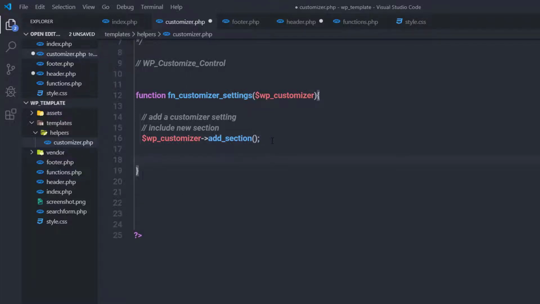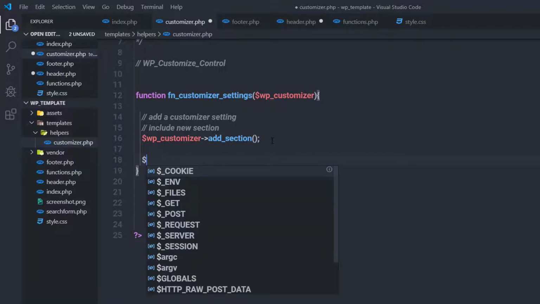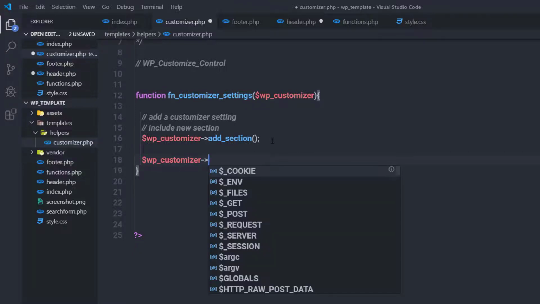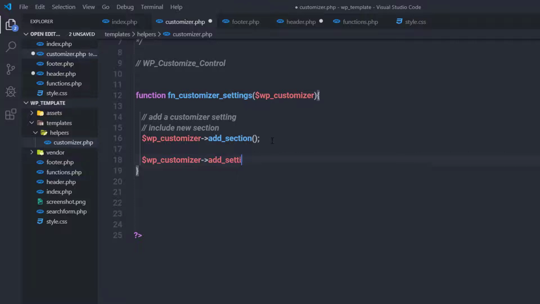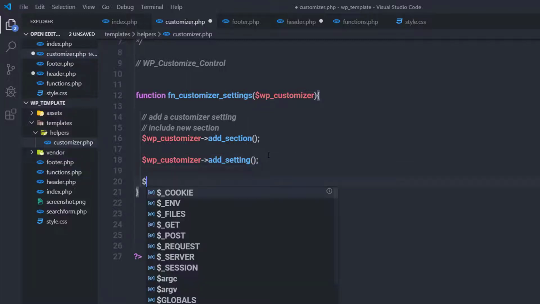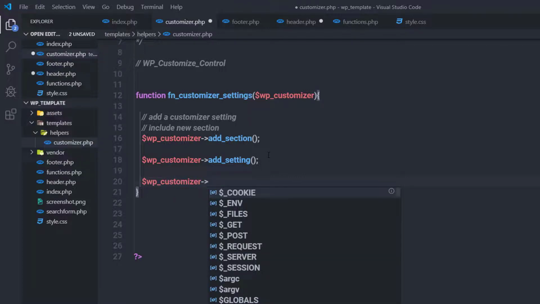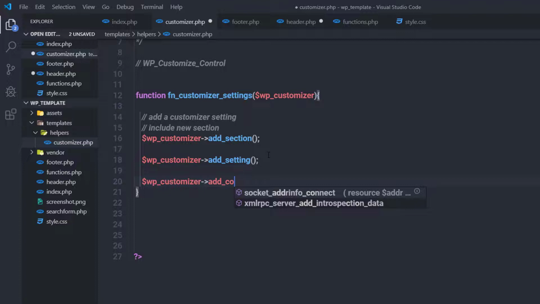After that, I'm going to call the WP Customizer parameter again and call the method add setting. Using this method, you can specify what capability you want to assign to the specific setting. So we are going to use this add setting method to specify capability for the customizer setting. Then I'm going to call the WP Customizer parameter again and call another method, which is add control. Now this is a very useful method